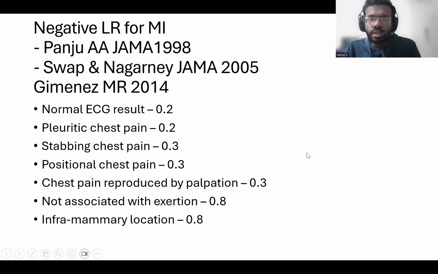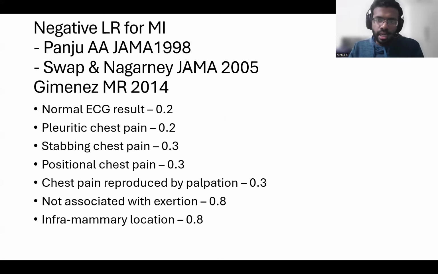So why is this? Because patients who get acute chest pain do not go to the gym. They go straight to the hospital. So it is most often going to be pointless to ask them whether the pain is worse with exertion or not, because generally they're not going to try and exert themselves. They're going to get themselves to the nearest hospital as soon as possible. So association with exertion is not a very useful thing in the emergency department. Great in cardiology OPDs, not that good in the emergency department.